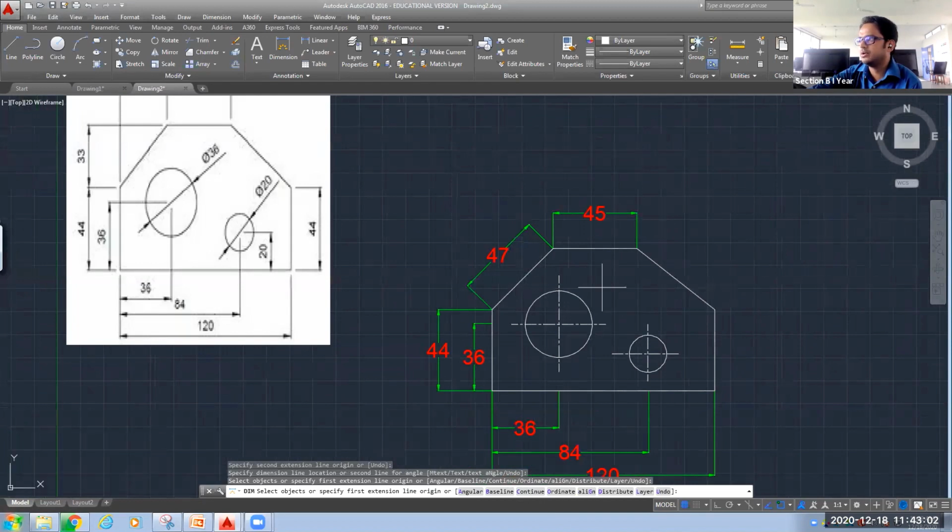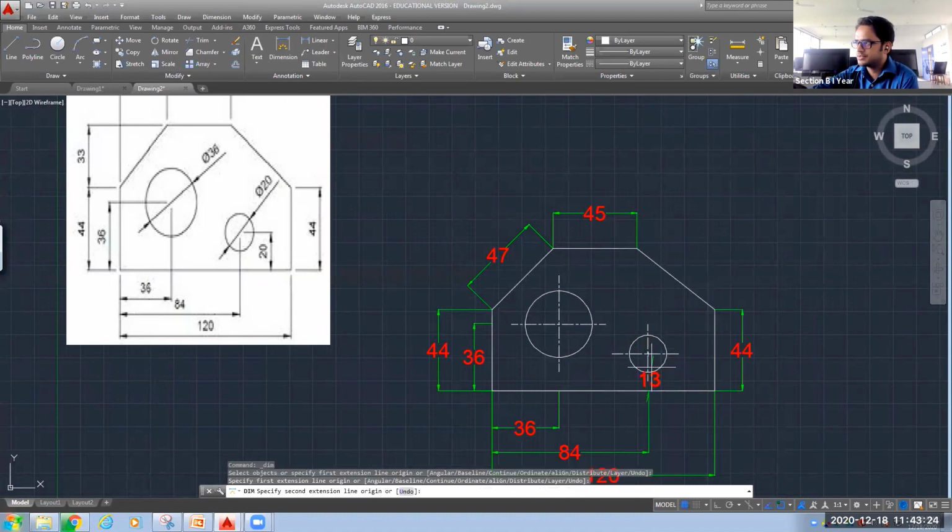Now what other remaining on right hand side? So this is your right hand side, your 44. Again you can see inside this vertical distance of this circle center is 20. So you can click on the dimension, select the 2 points. This is the first point and this is the second point. You can bring it and check it there.